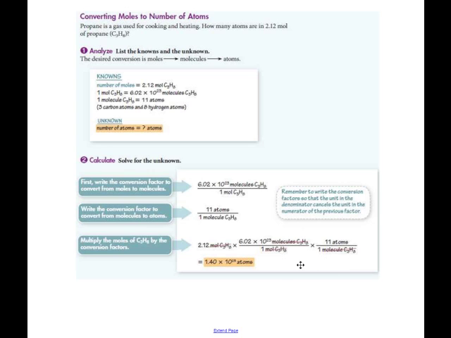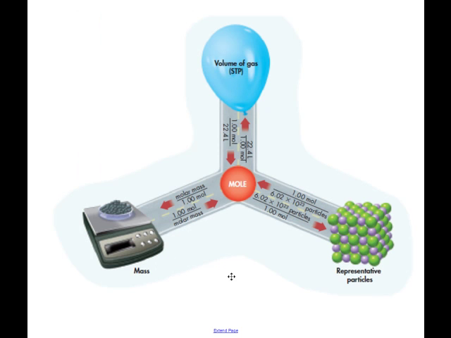For that, we need to go one step further and note that there are 11 atoms in 1 molecule of propane. 3 carbons and 8 hydrogens. So there our molecules cancel, and we're just multiplying by 11 to get our final answer. So again, that's if we're going from moles out to particles. And notice they again give us the conversion factor. We're essentially multiplying by Avogadro's number to get out to the number of molecules or atoms, whatever the representative particle